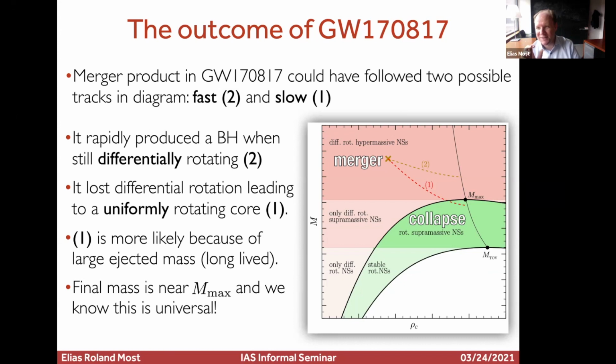So basically you say, okay, if the short gamma ray burst happens so much later, but maybe the black hole accretion flows don't take a full second to push you there, you would be uniformly rotating at the collapse. You would not collapse immediately, because if you collapse as in path 2, then likely what would drive the collapse would be gravitational wave emission in the post-merger, because that removes a lot of angular momentum when you still have this bar shape, and you're still differentially rotating. If you collapse later, you're likely close to uniform rotation. It's a very good question, actually.